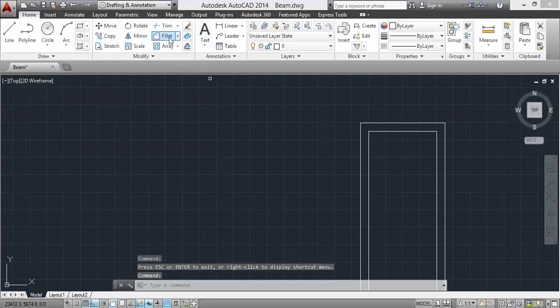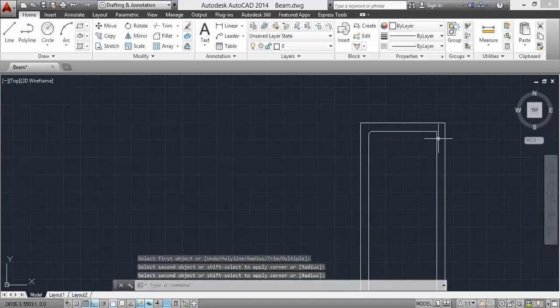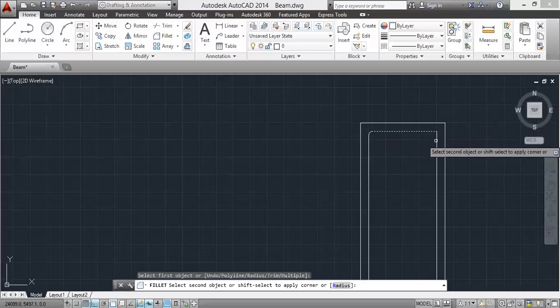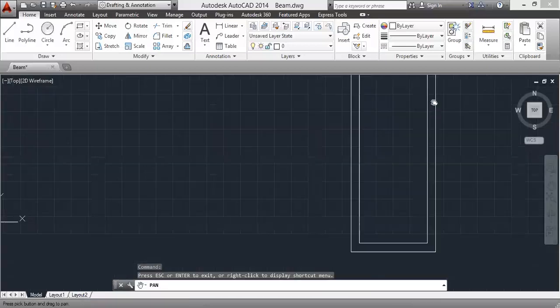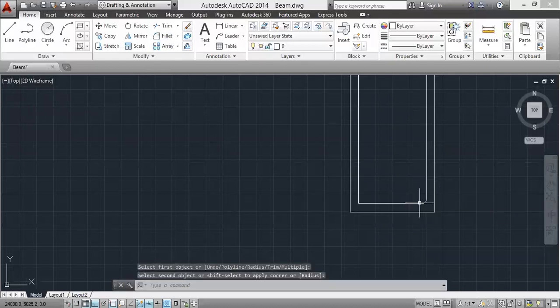Select the fillet command. Select this one, this one. Using the fillet command, I am bending it. Okay.